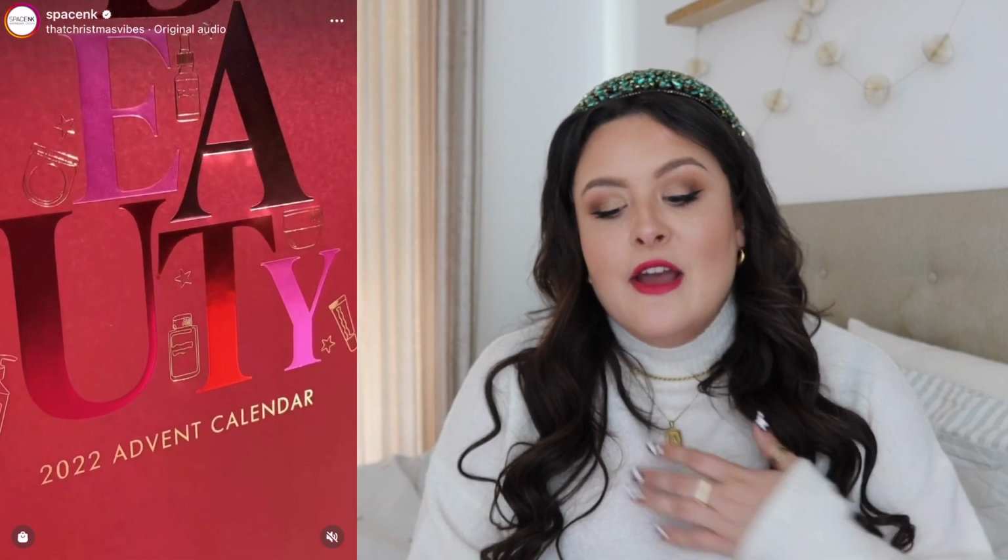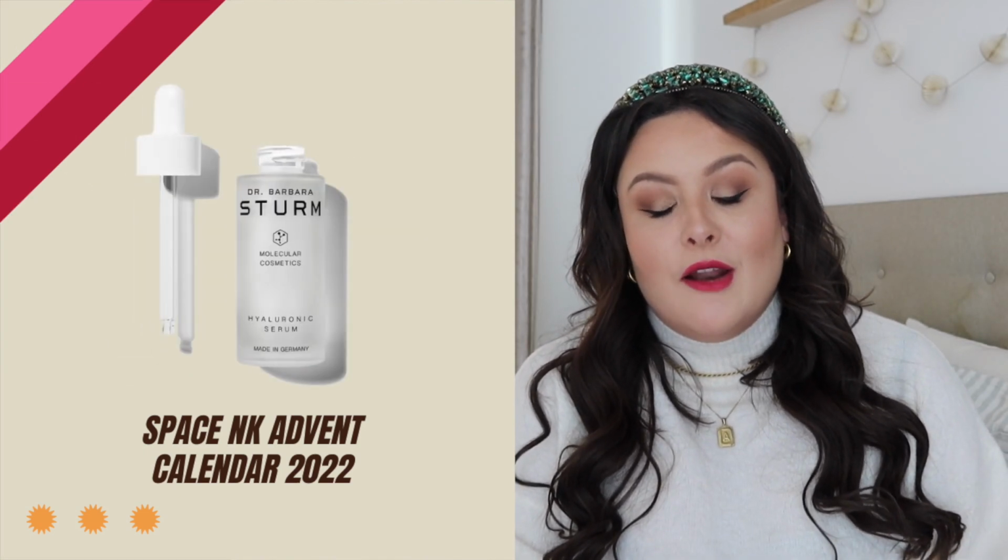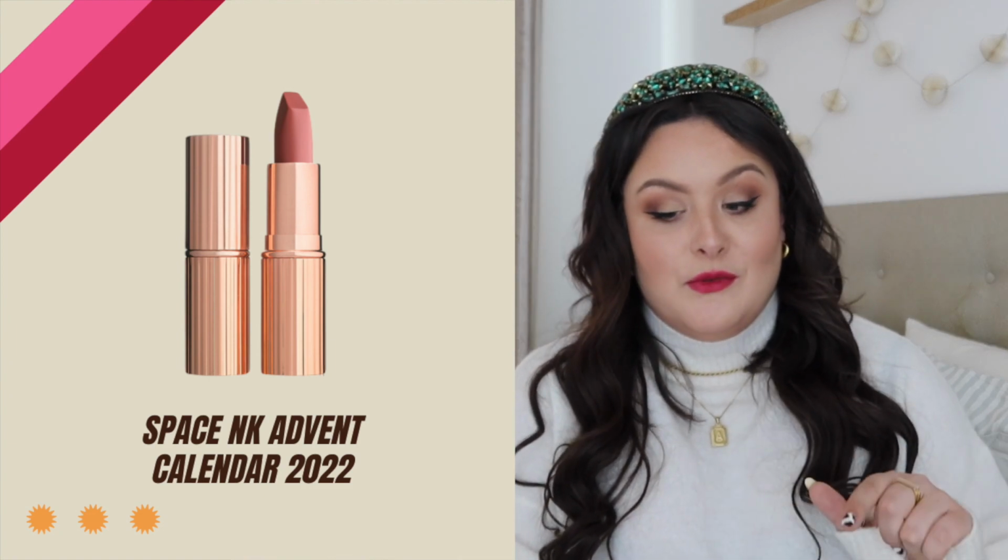There seems to be a really good balance of products I already know I love and products I would like to try. So the ones I know I love already, I'm just reading this off a list, are the Hourglass Translucent Setting Powder, the Dr. Barbara Sturm Hyaluronic Serum, the Charlotte Tilbury Pillow Talk Lipstick, which is my favourite lipstick of all time,